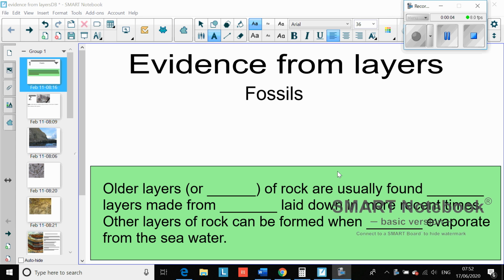So today what we are going to be doing is looking at evidence from layers, essentially fossils, okay? However, the first thing I would like you to do is go into assignments, and there are some SATs questions about the rock cycle. This is really just to consolidate your knowledge about what we did last lesson, about how the rock cycle works,